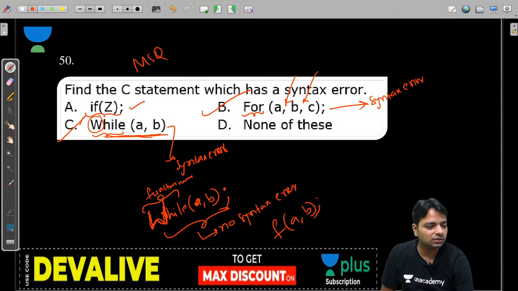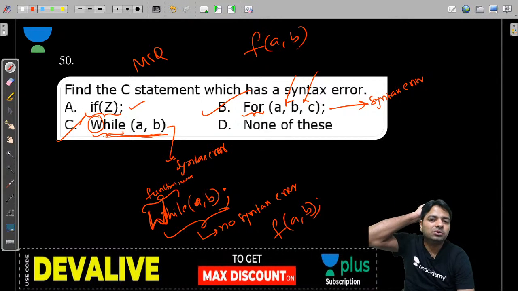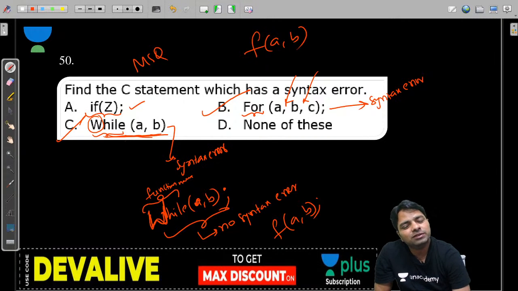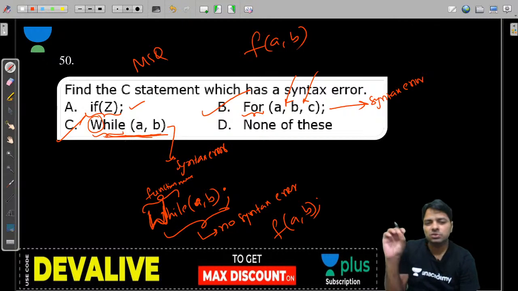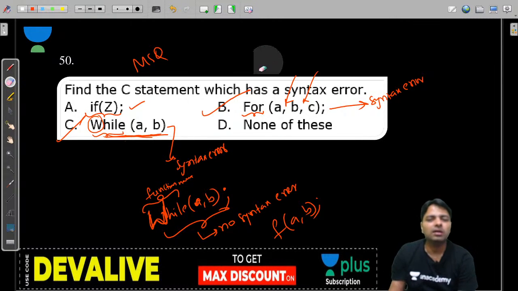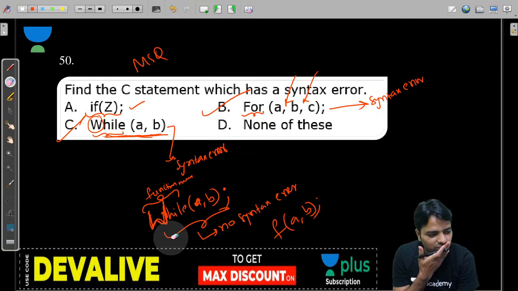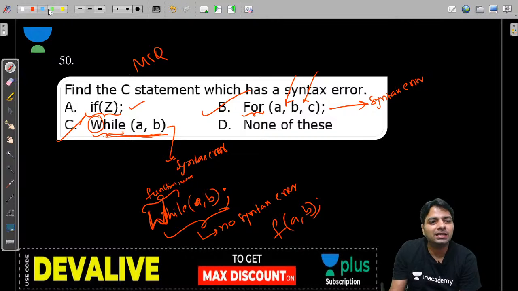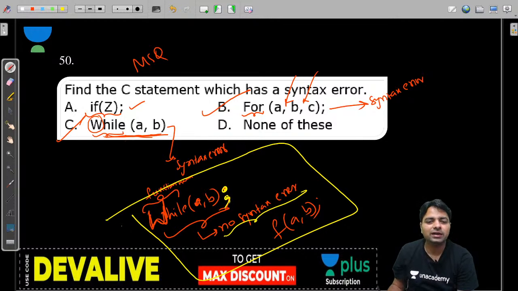B and C both. Yes, it is a function call, but a function call should end with a semicolon, right? That's just one line I have given to you. In one line, can you write such a statement without a semicolon directly anywhere? So we are talking about only a particular statement, so the semicolon should be there at the end. Yes, it's a function call, but only the semicolon is missing. If you keep the semicolon, there is no syntax error. That is the reason I am writing another point also. Look at this one. If I have a semicolon here, this looks like a function call.